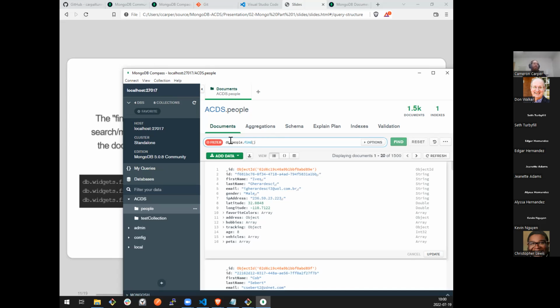And the reason this is red here is because since Compass knows I'm working with the people collection, I don't have to say db.people.find. This window or this section here is specifically reserved for executing find queries. So all I really have to give it is the where clause. Again, SQL equivalency.